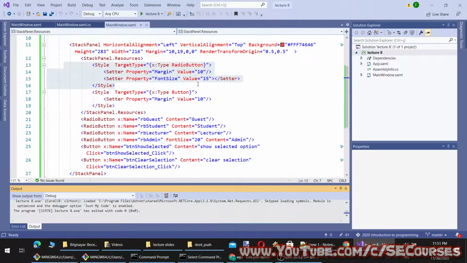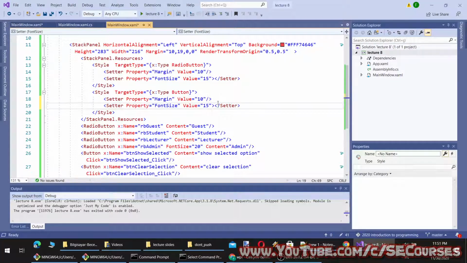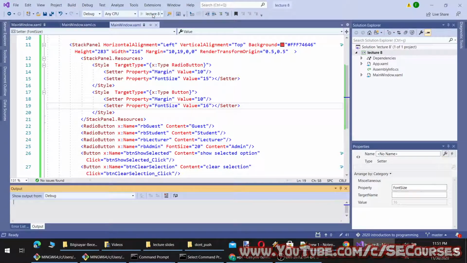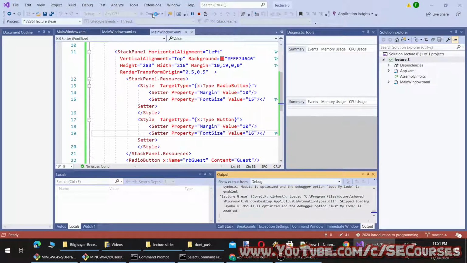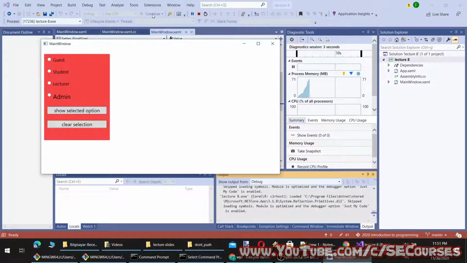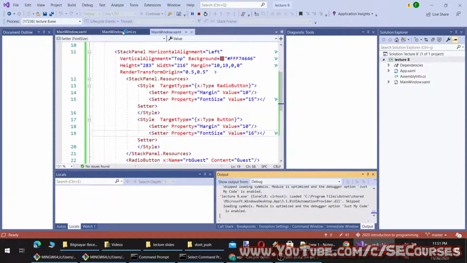And let's set the font size of the button as well. I will make the buttons 16. Let's run it. Yes, now they're bigger. Okay, let's make the clear selection.